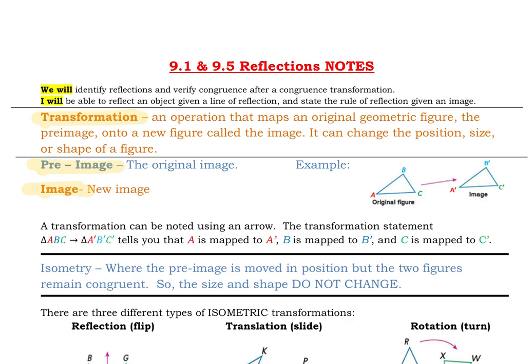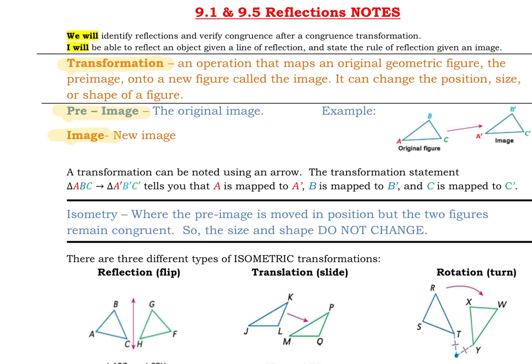All right, so isometry, another vocab word, not as crucial as the other vocab words, so it's not in bold, but it's still a vocab word that we're going to go over, is where the pre-image is moved and the position is changed, but the two images remain congruent. They're the same shape, same size. All we did is reorient it. Okay, so the first 3 transformations we're going to learn are all isometric, meaning it doesn't change the shape, it just moves it. Okay, and there's only 4 total, so the 4th one we'll get into later in chapter 9